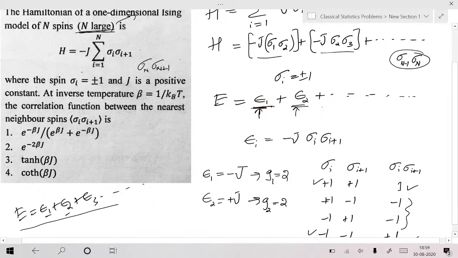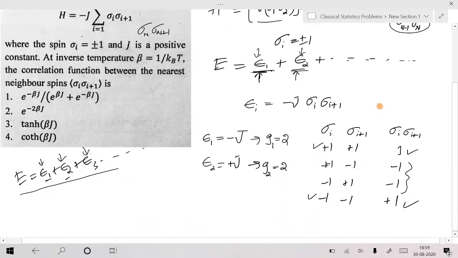Mathematically, when you see the possible values for this individual energy expression, exactly the same thing is happening. The only thing is here you get 4 possibilities, with degeneracy 2 here, whereas we had no degeneracy there. That is the only difference. Hope you got my idea. I don't call it a single particle energy, I call it an energy term.